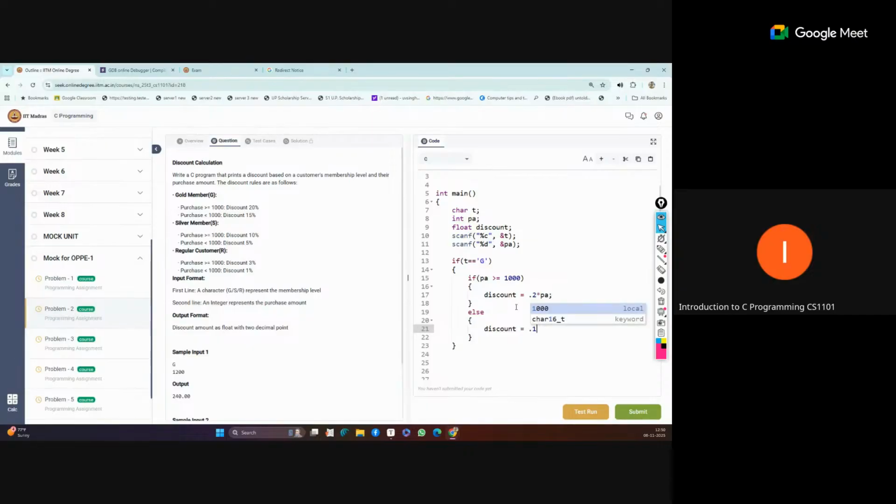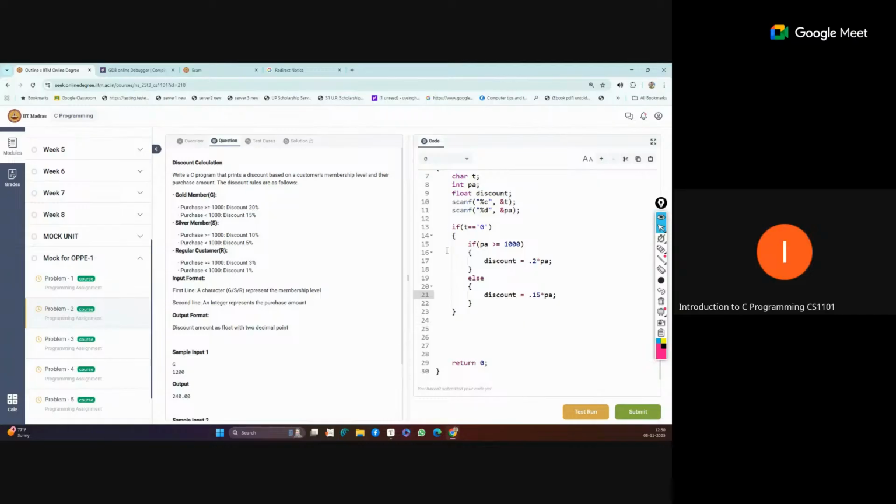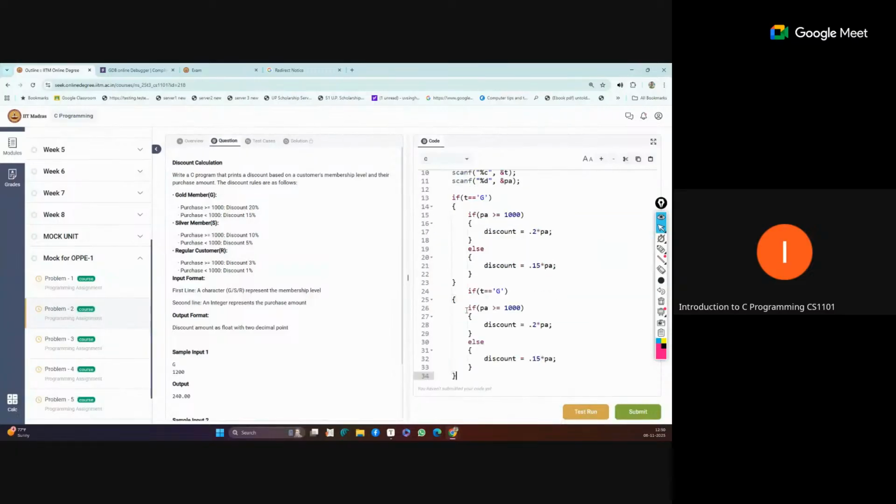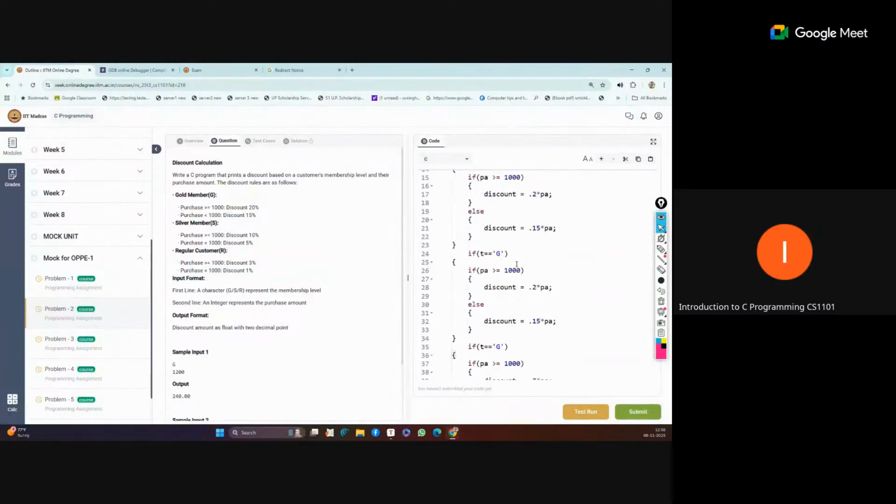So 0.15 multiplied by PA. This is the discount calculated for this. Similarly, we have to write this type of condition for each category. So I'm just copying this and will write it three times, since we have three members. So here G